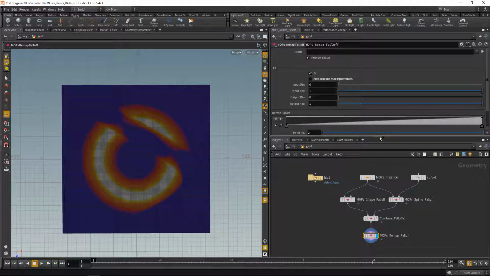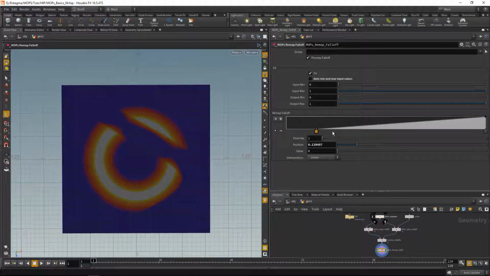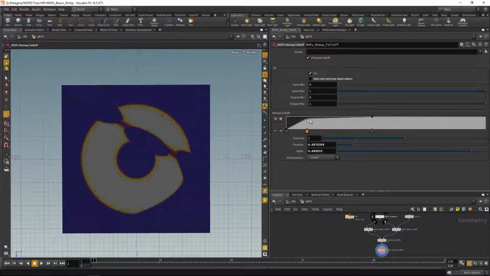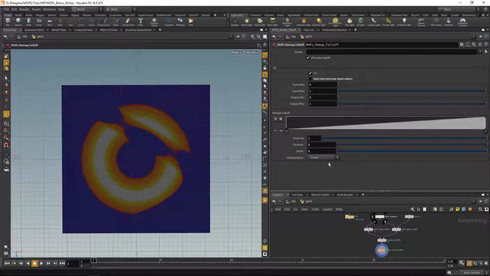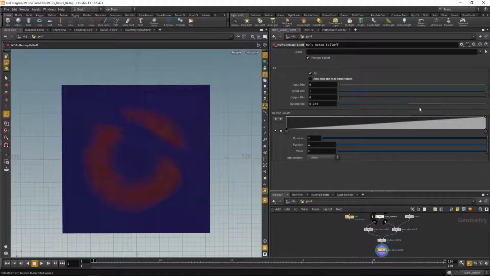So what we can now do is, just as in an image editor with levels and curves, remap this falloff value. So let's drag that down a bit and maybe just use the curve here to dial in a look or the values of a falloff that we'd like to have. Or even before doing that, we could just use the remapping function here to dial in the values